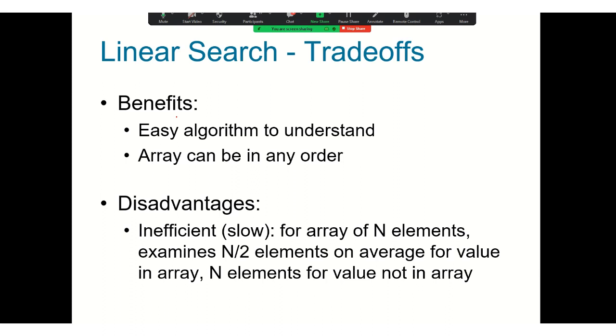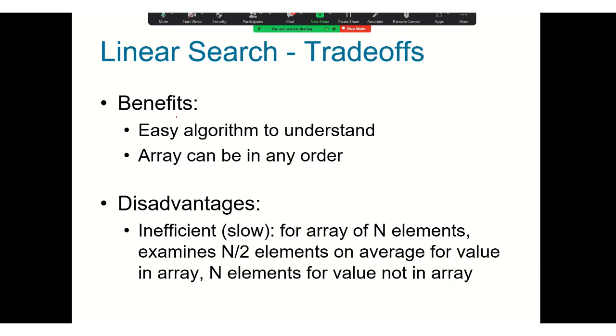Why it can be slow? Because if you have an array of 1 million elements, think about the Amazon shopping cart and the Amazon customer base, or Facebook users. So you have millions or billions of users. So if you define them on an array, a linear data structure, and try to find a record using linear